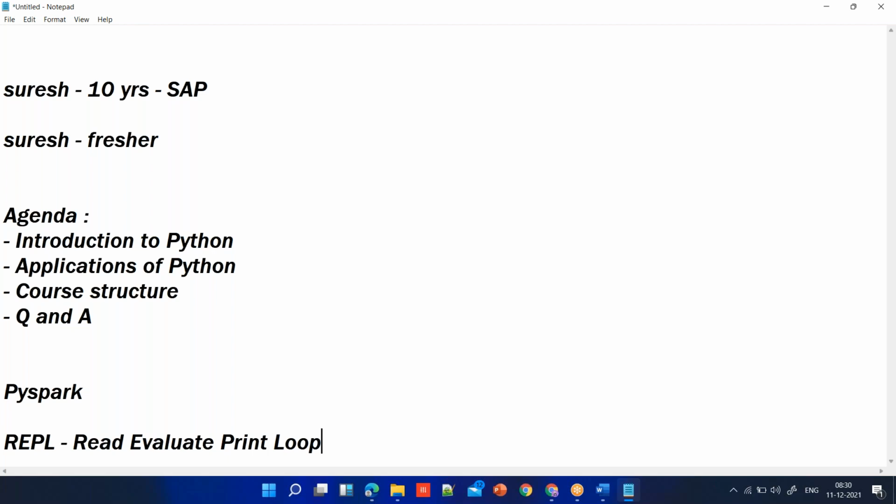Let me put it this way, guys. Our computer can understand only zeros and ones. It can't understand anything more than zeros and ones. So whatever input we are giving, alphabets or numbers or whatever it could be, our computer will not be able to understand directly.